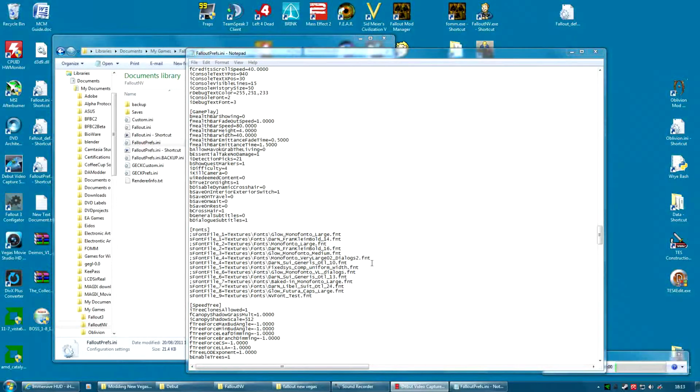The way to fix this, if you did not make a copy of your original file, is to find, if you read the lines, you'll see the first line has a semicolon in front of it. Now that tells the game to ignore this line. And you'll see underneath it a line that is not ignored. Now that is the Darnified font. You can see it has the word Darn in it. If you delete any line that has the word Darn,